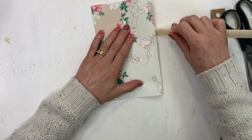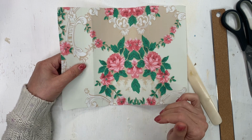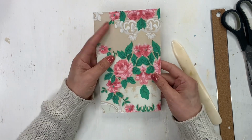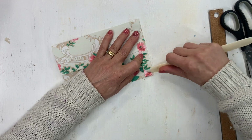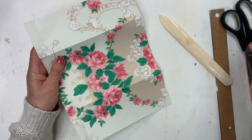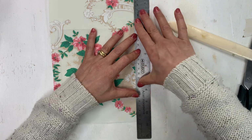Let's make a bigger one, just because it's easy to follow along. So I have a regular copy paper, an A4 8.5 by 11, I think. You just fold, and I'm just gonna eyeball it because that's what she did too. And then you have to fold a tab over. What I am going to do different than what she did is maybe I'll cut some of this off. I am going to fold my paper over a little bit where the opening of the envelope is going to be,